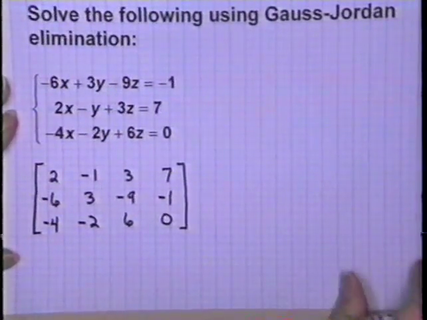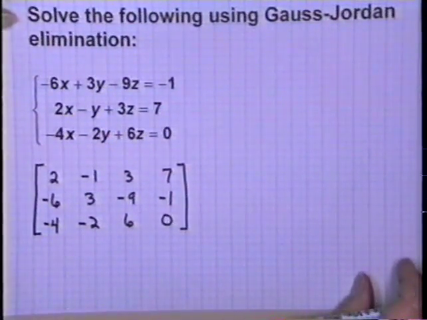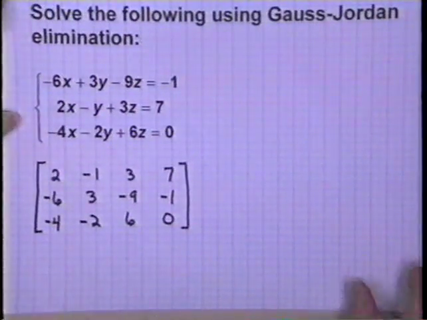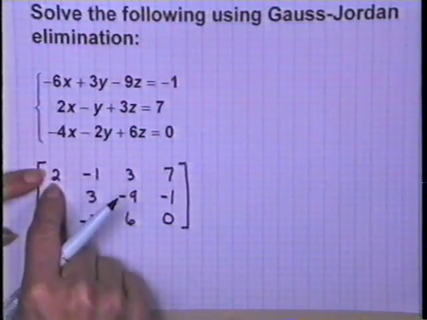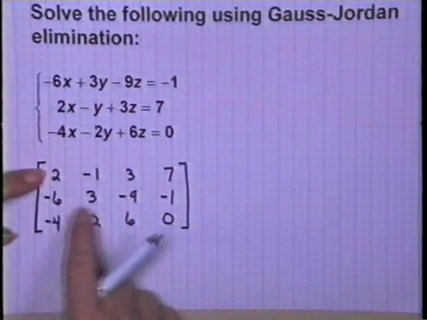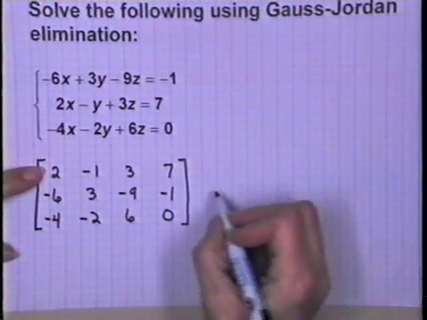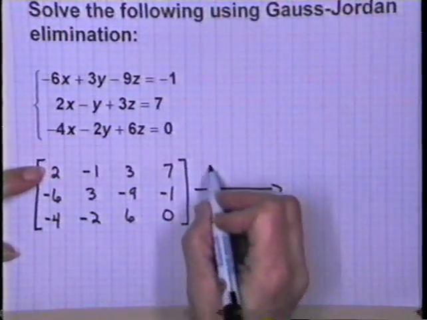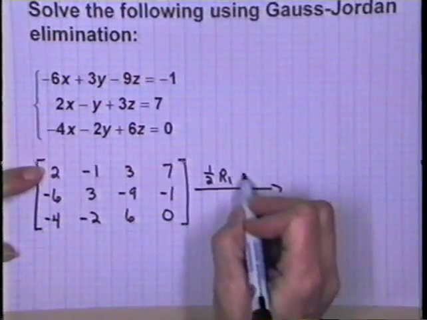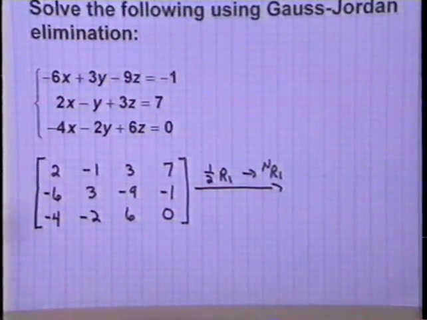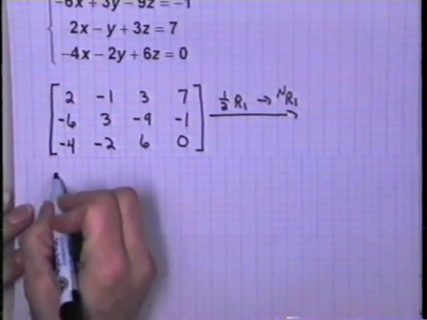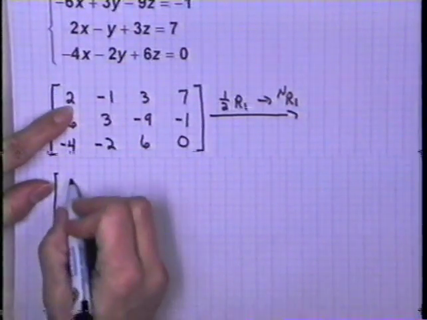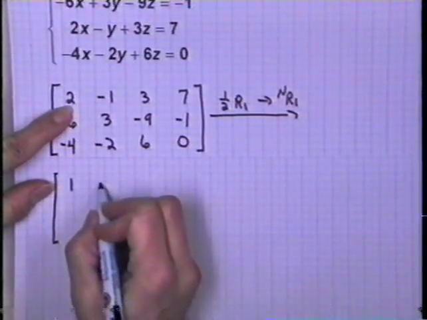Since it doesn't matter what order these equations are in, I'm doing this really for my own convenience here, because I know to get a 1, since I don't have anything here, I'm going to need to multiply by the reciprocal, and I would rather work with halves than sixths or fourths. You see what I'm talking about here? So the first thing I'm going to do is multiply 1/2 times row 1. That will become my new row 1. Let's take a look and see what that matrix looks like if I multiply that first row by 1/2. So 1/2 times 2 is a 1. 1/2 times negative 1 is a